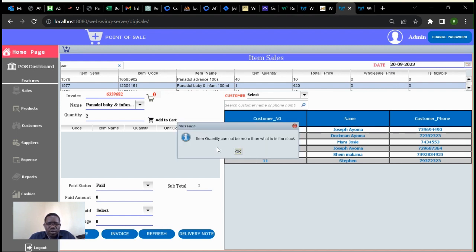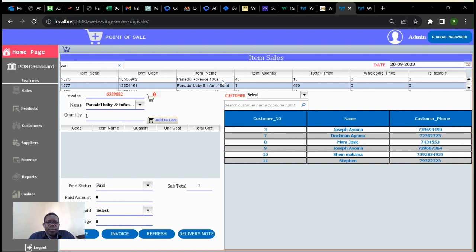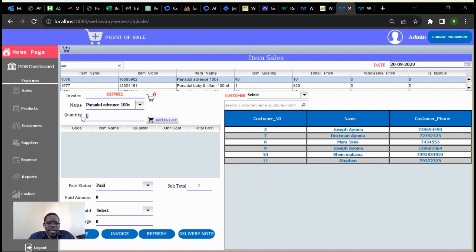If you try to add a quantity more than what is in stock, for example, the quantity of this item in stock here is 1 and we are trying to sell 2, the system will refuse. It cannot allow you to sell what you do not have. So you must ensure that you put the correct quantity of items here. If I change that item and put 3, then add it to the cart, you can see my cart has increased to 3, the quantity has increased to 3,